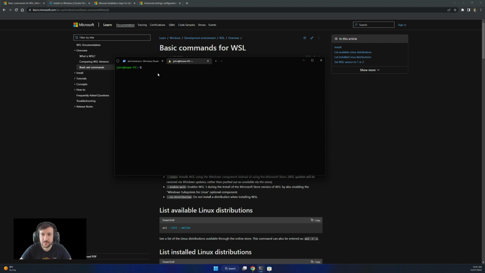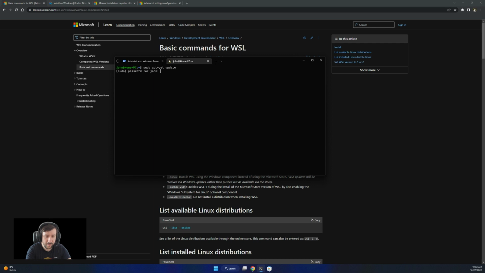The first time you install a distribution, it will ask for a username and a password, and password confirmation. You'll have to type those and remember them because they are important. So we're gonna do apt-get in case of Debian, apt for Ubuntu, and yum for CentOS. There are a lot of them. So we have apt-get update.